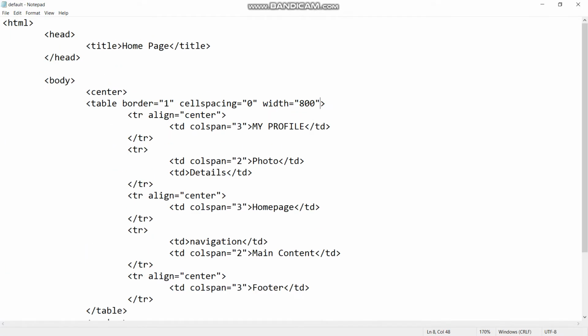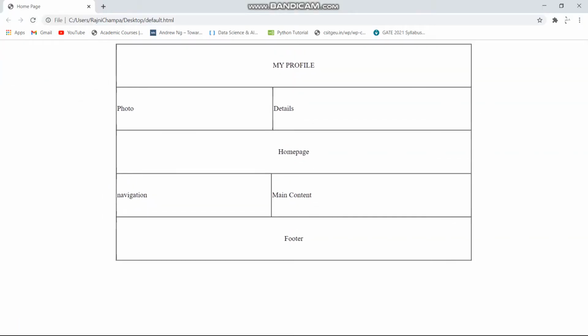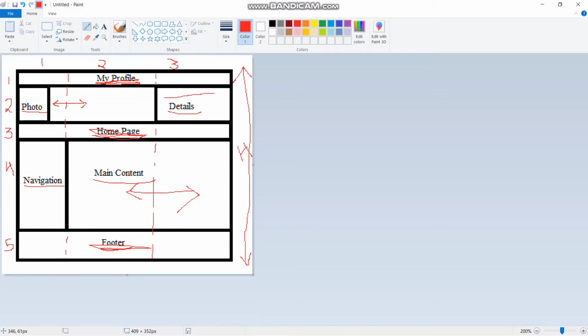At the table tag we will give the attribute height equals to 480 pixels. Now you can see that we have somewhat what we want. See, we have this section detail. I can take it as 200 pixels, and at the navigation I can say it also to be 200 pixels. So it is just a simple thing.